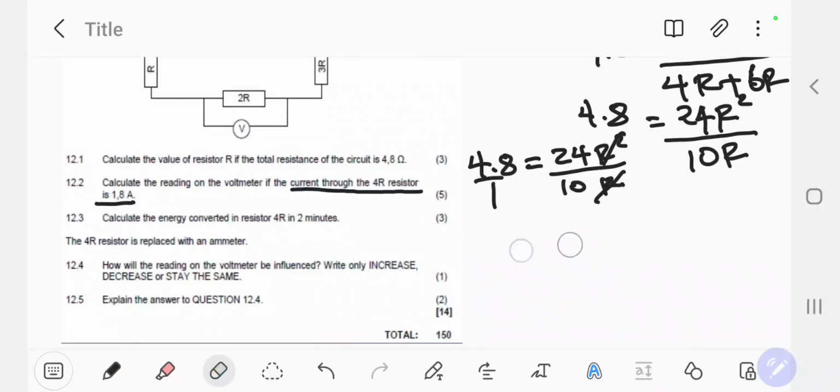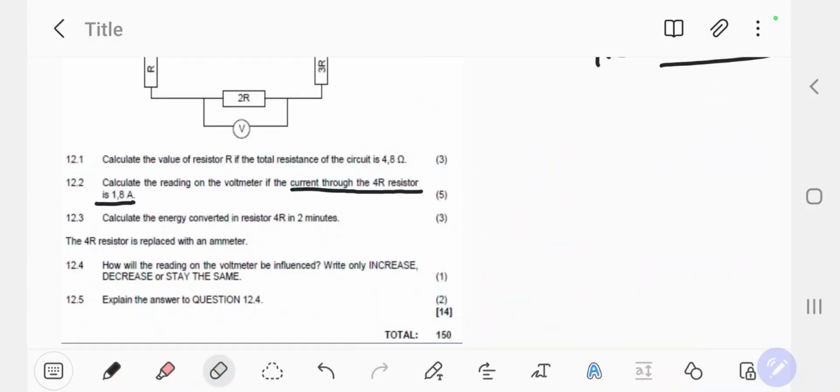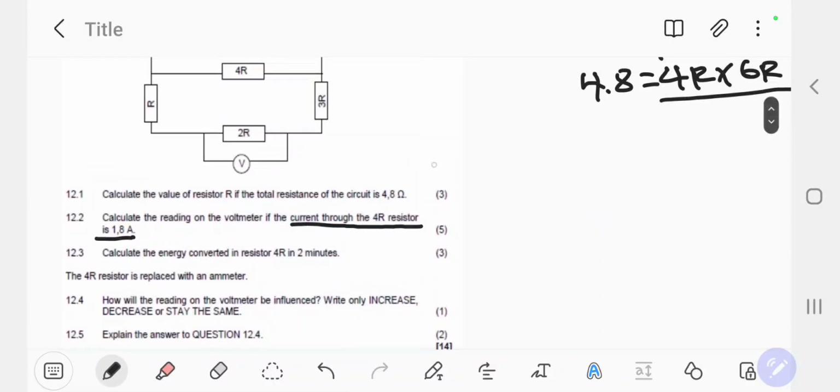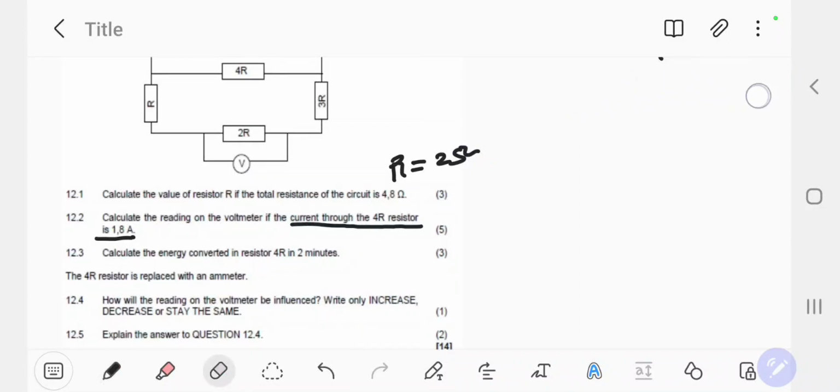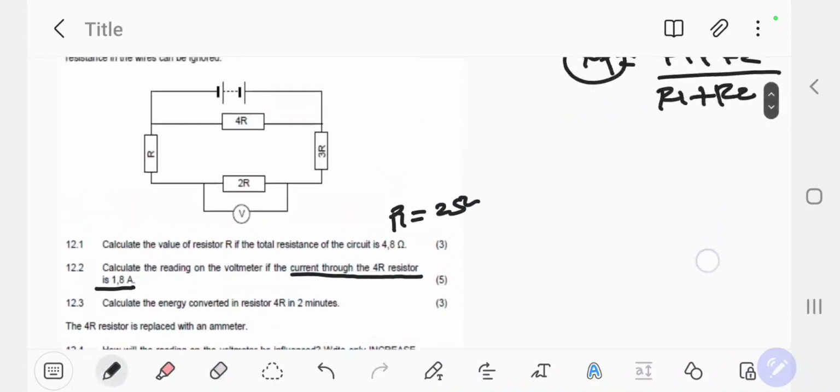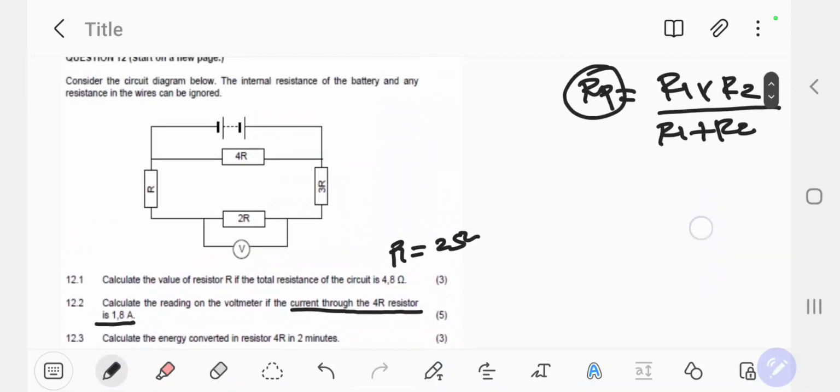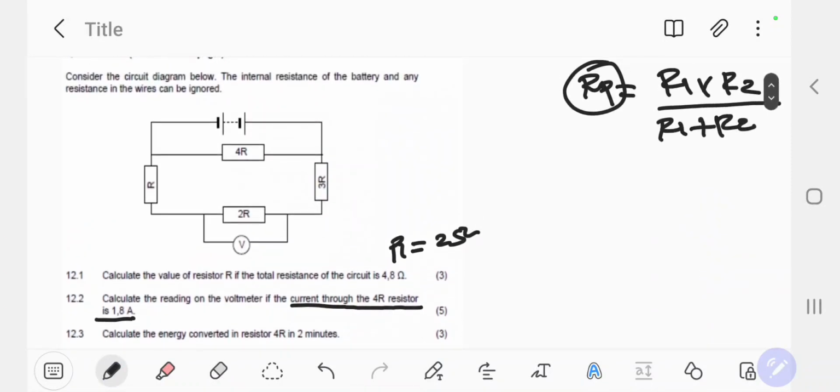All right, let me check. Remember, from the previous information, we calculated that R equals 2 ohms. All right, after calculating that, now the question says calculate the reading on the voltmeter if the current through the 4 ohm resistor, this side, is 1.8. You have 1.8 amperes flowing there. Guys, remember, if you've got 1.8 of current flowing there, we can just take advantage